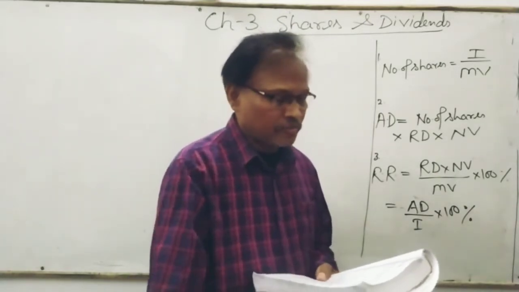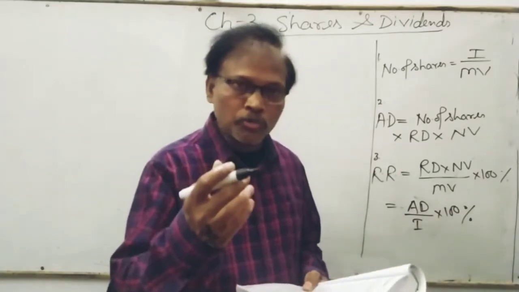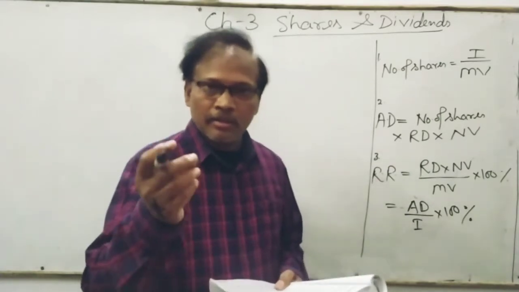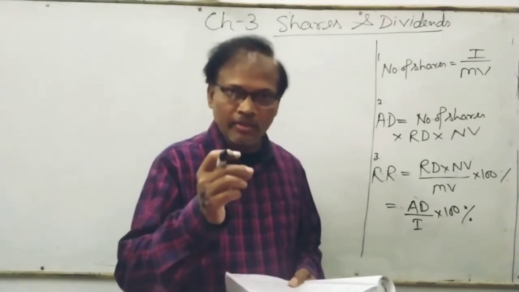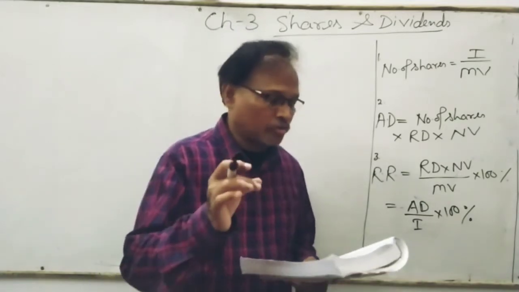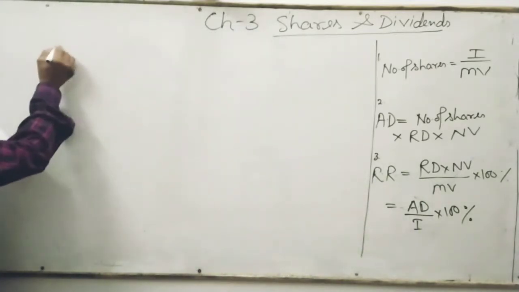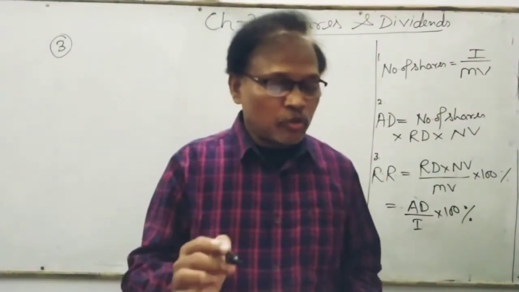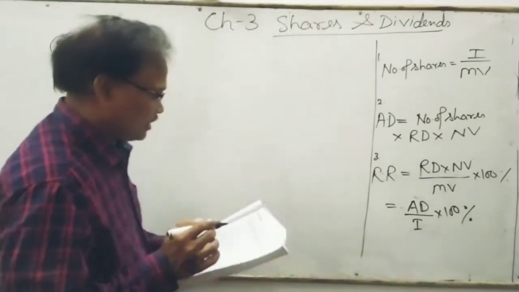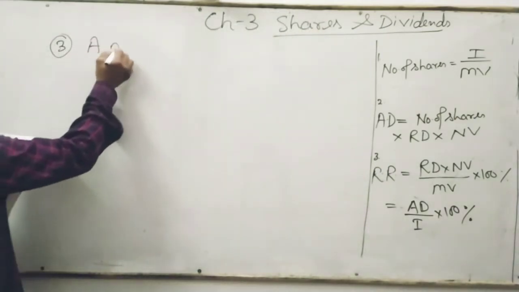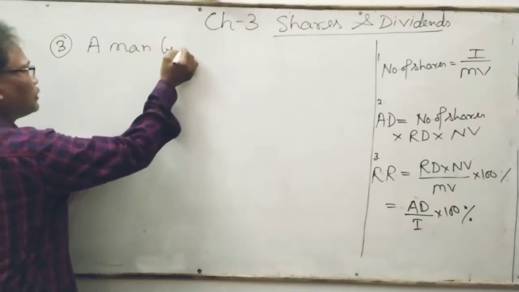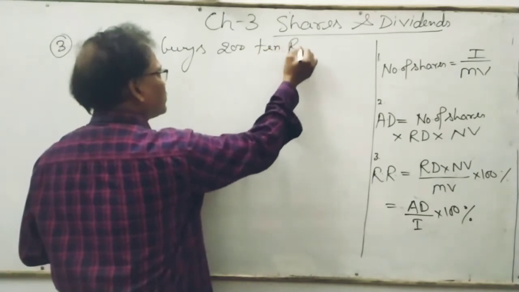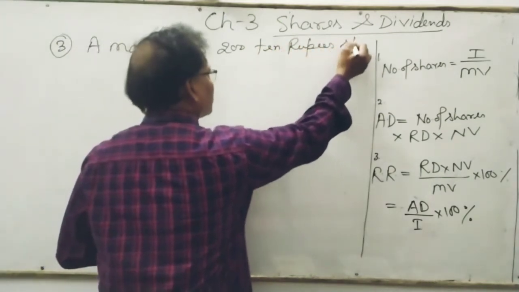The first thing is how to solve and especially how to recognize the terms, that is, what the given quantity actually is. For example, the first one, question number 3: A man buys 210 rupees shares